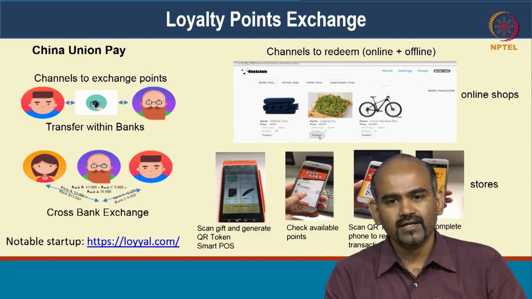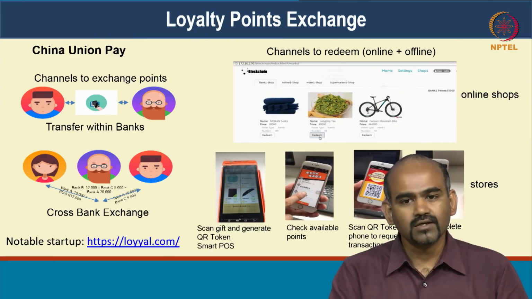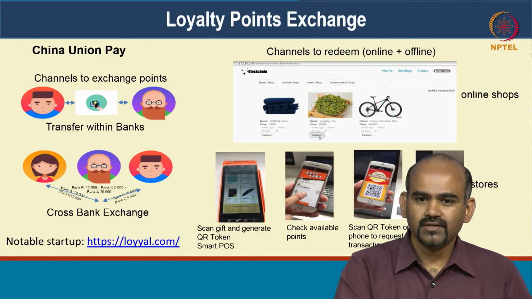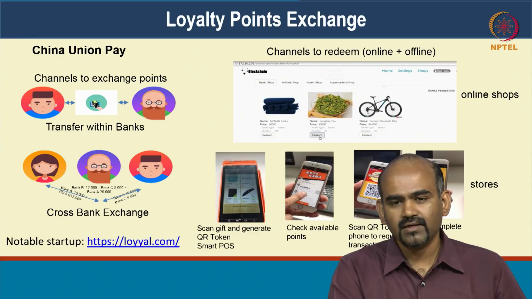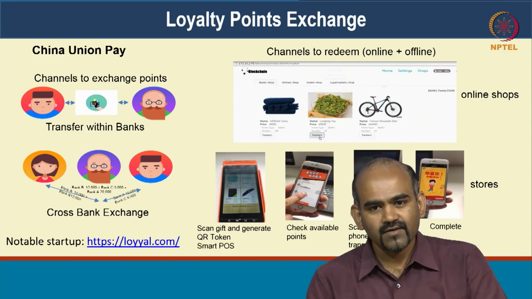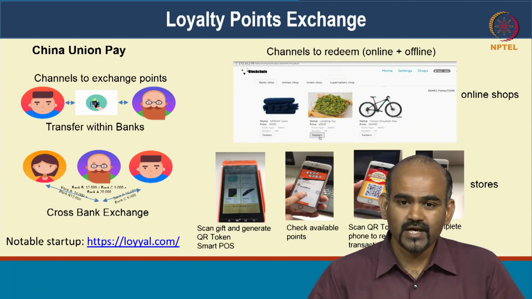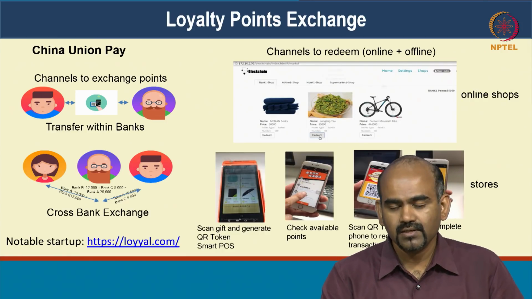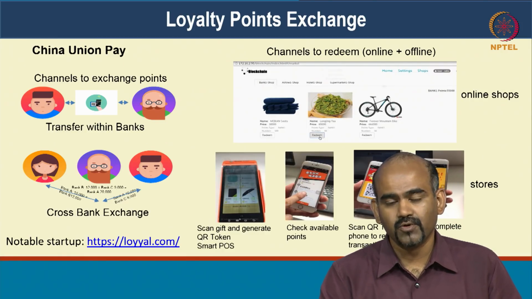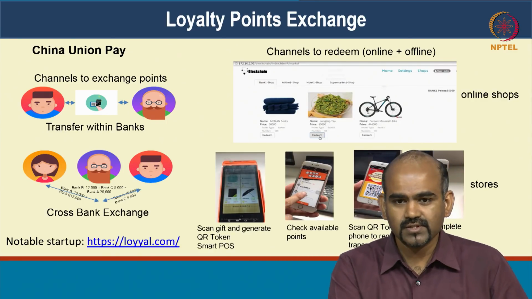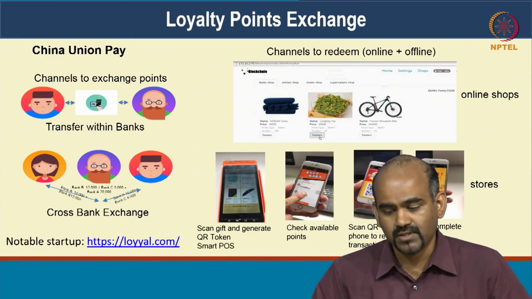But what if we had an ability to exchange reward points across multiple businesses? This could be, for instance, multiple banks coming together, and they all have a mechanism by which I can earn points in one bank but actually redeem it in another bank. Right? That would be cool, right? So they have this kind of a consortium of banks coming together on a blockchain platform where end users can earn reward points or loyalty points from any bank in this consortium, and of course they can redeem it for goods and services of any approved provider across all of these banks.